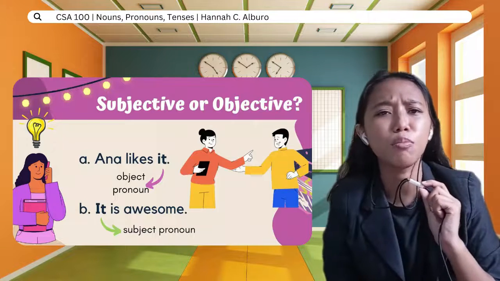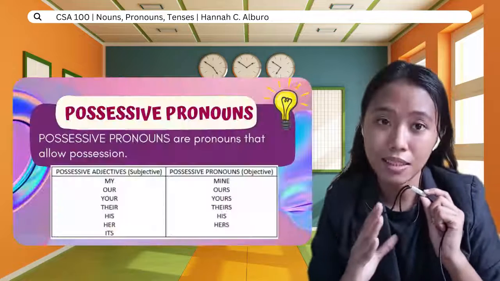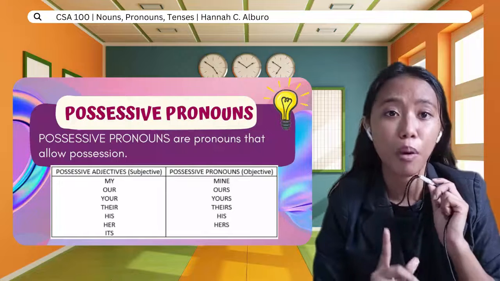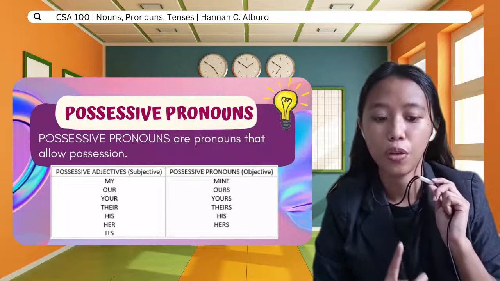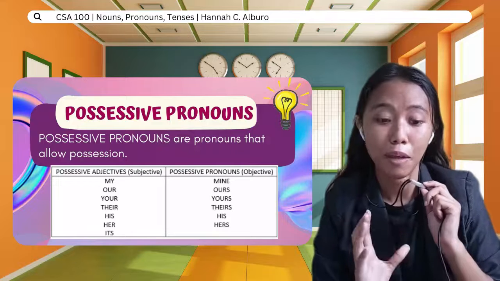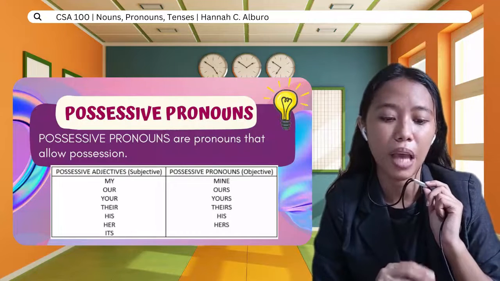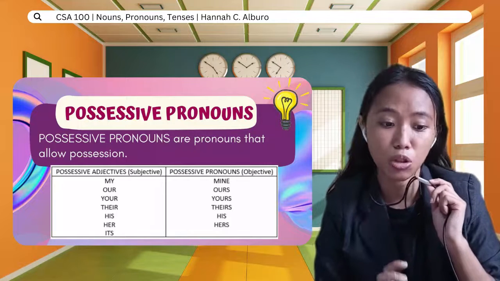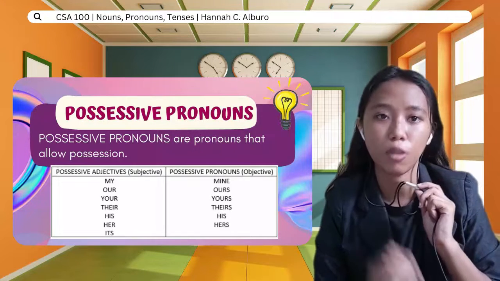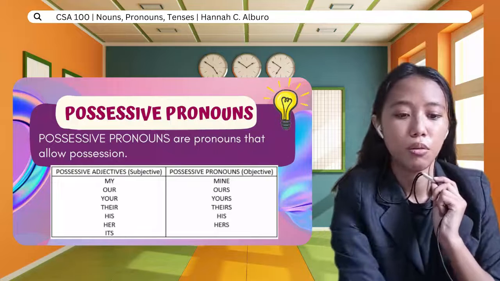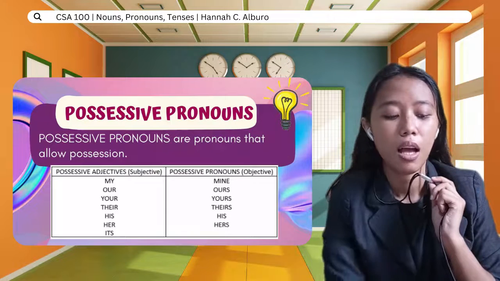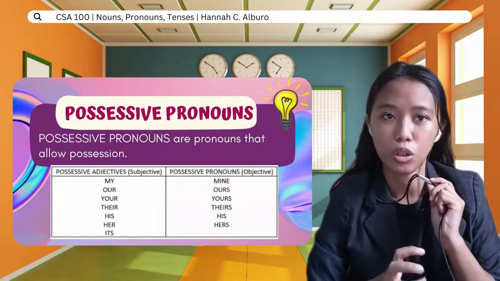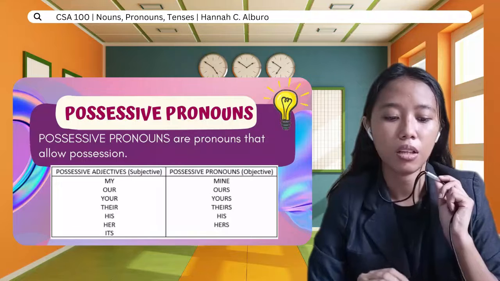Okay, now let us move on to the next kind of pronoun, which is the possessive pronoun. Possessive pronouns allow possession. We have two types of possessive pronouns. We have the possessive adjectives, which are subjective in nature. Then we have possessive pronouns, which are objective in nature. So take for example, let us look at the words. Under possessive adjectives,